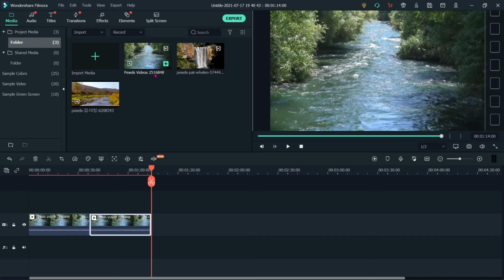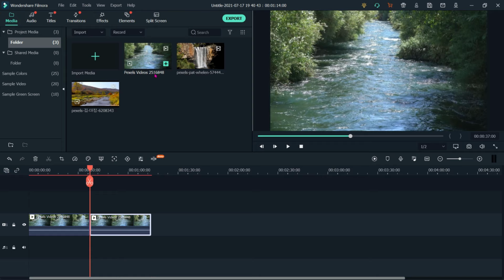Now I want to insert one more clip in between these two clips. As I told, first we have to go to the starting of the second clip. So how can we go? We have to use the up arrow, then it is exactly in the middle of the two clips. Then we can select this file and insert. Now we can see these three files are perfectly placed.